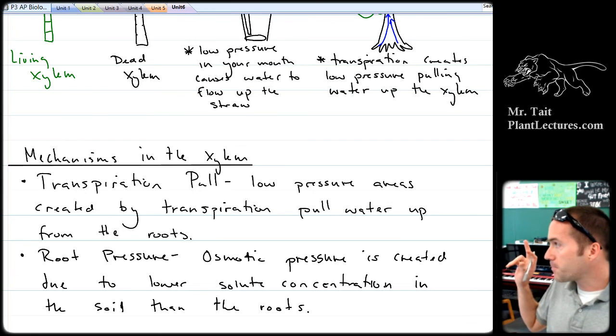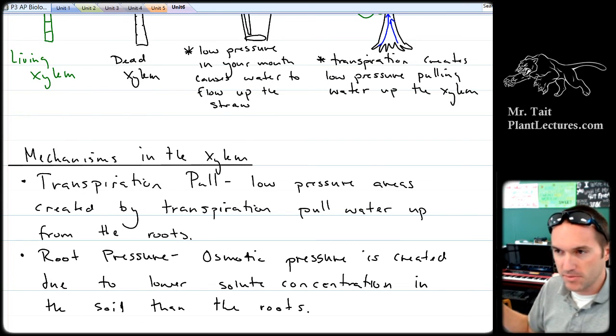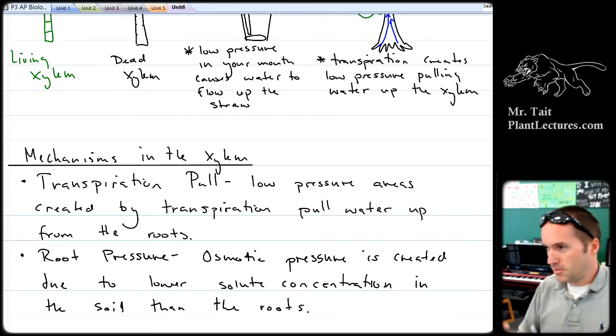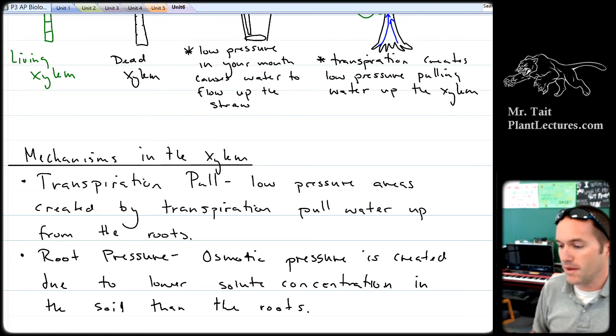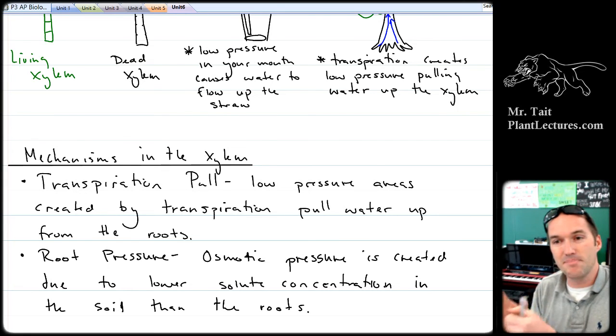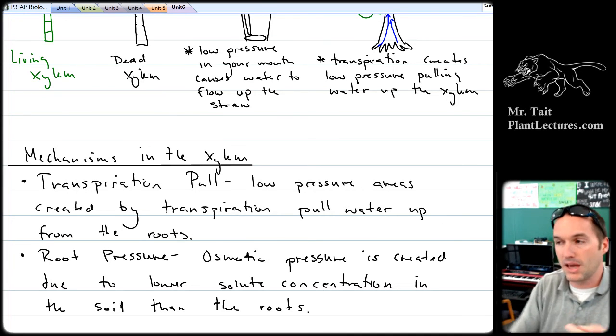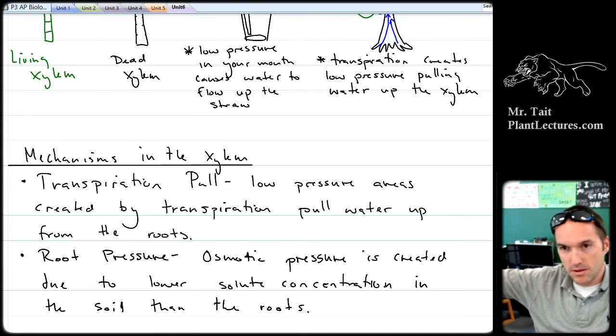Okay, I think we've talked about it earlier in the year, but this is why the Romans would salt the earth of their enemies, right? They would put salt on the ground in the fields and stuff, and that would prevent plants from growing there. And the reason why is because root pressure is dependent on the interior solute concentration of the plant being greater than the solute concentration in the soil. And if you increase the solute concentration in the soil, instead of having water forcing itself into the plant, water forces its way out of the plant, which then dehydrates the plant and prevents it from being able to grow,